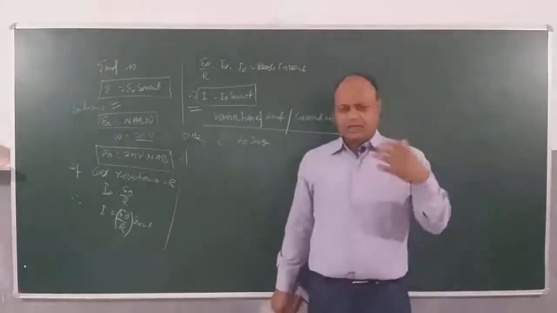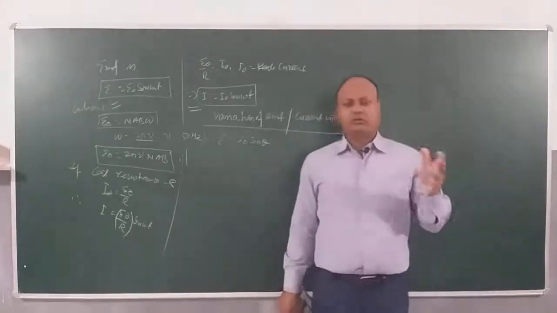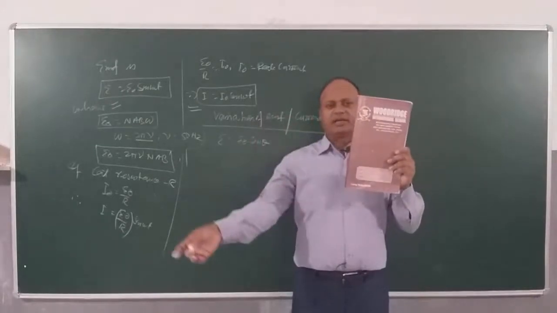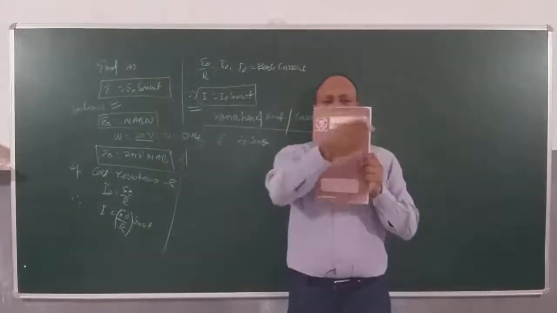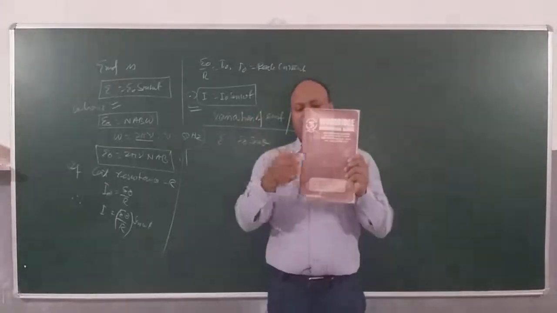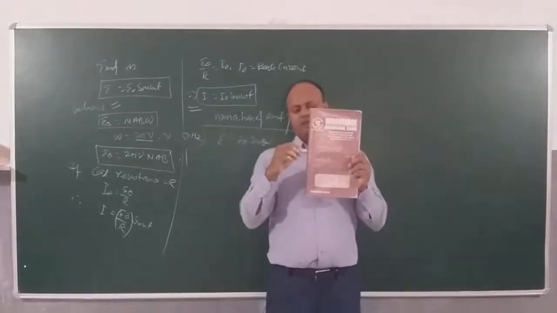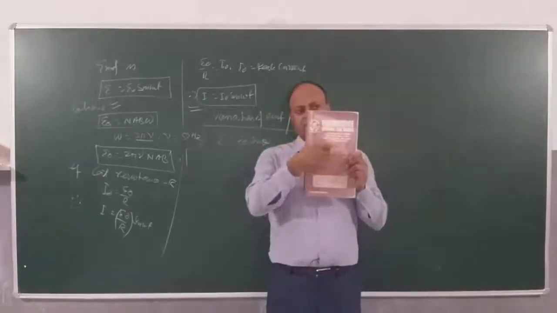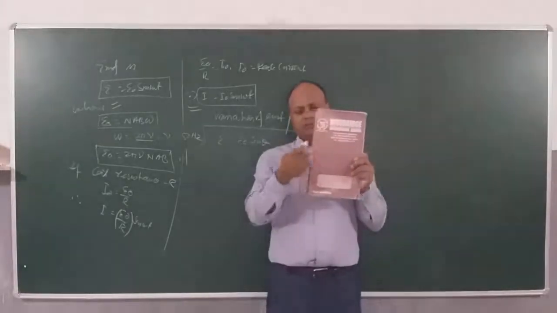Now let me demonstrate to you using a notebook how the angle is changing. Suppose this is how the magnetic field is pointing, from my right arm to my left arm. This notebook is representing a coil. Now the coil starts rotating, suppose like this, in the anti-clockwise sense. This is the area vector. You can see the area vector is pointing away from me, away from this board. This is the magnetic field. So here you can see theta is 90 degrees, so flux is 0. Only through here, not through the area.